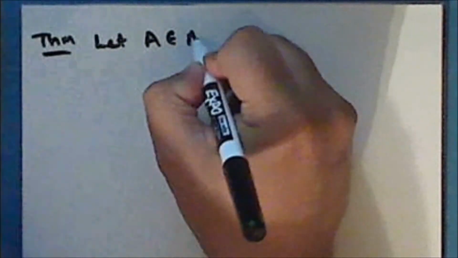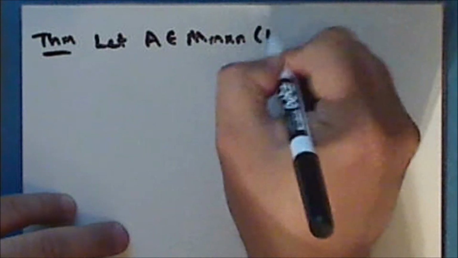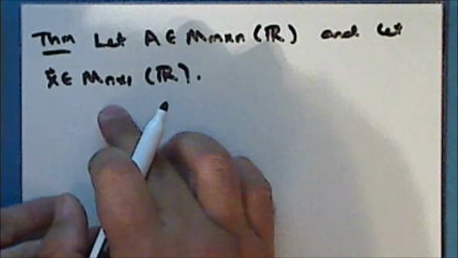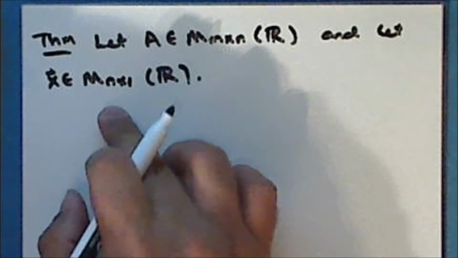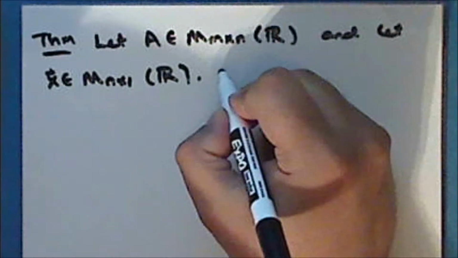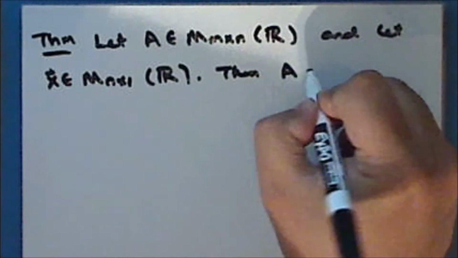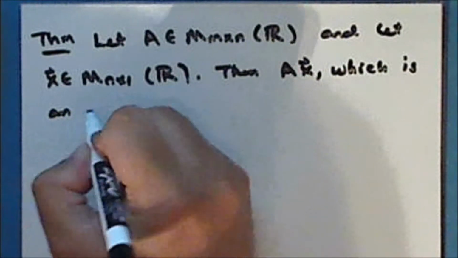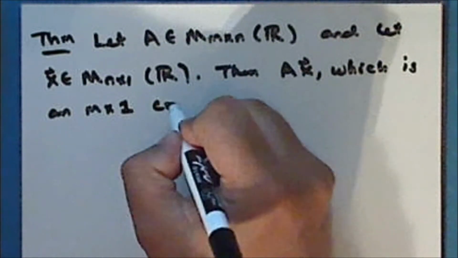So next we'll prove a theorem. Let A be an m by n matrix with real entries, and let x be an n by 1 matrix with real entries. That is, x is a column vector, and in general I will denote a vector with a lowercase letter and an arrow above it. Then the product A times x, which is an m by 1 column vector,